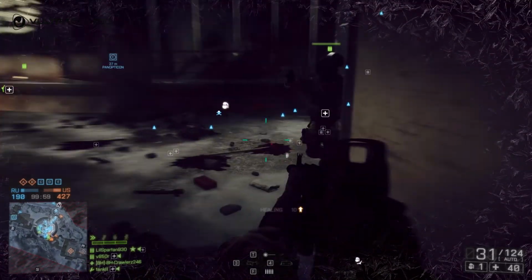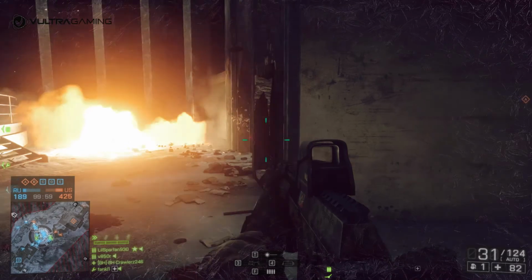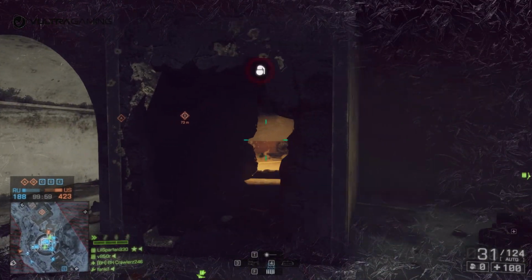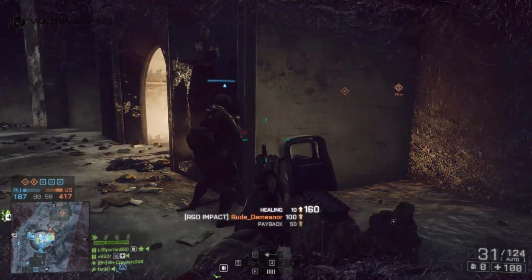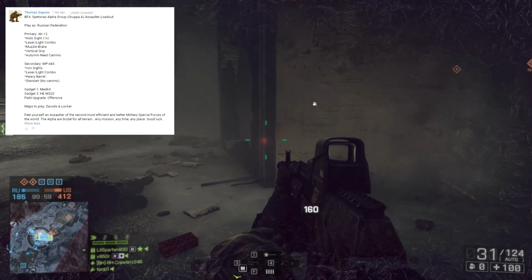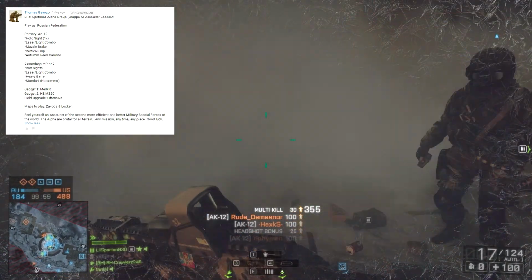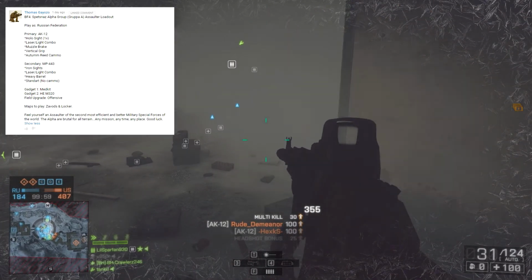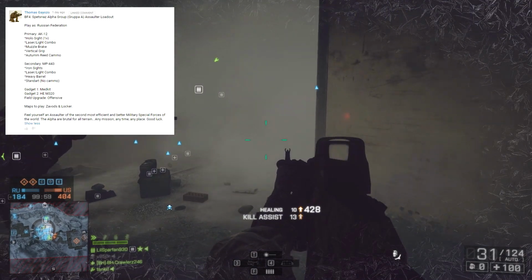As you may already know, this is a series I started way back when in the Battlefield 3 days, basically whoring myself out for cheap views, running a suggested loadout from one of you in the comments section. So, this time, Thomas Gayoso suggested an Alpha Group Assaulter loadout, this consisting of the starter gun in Battlefield